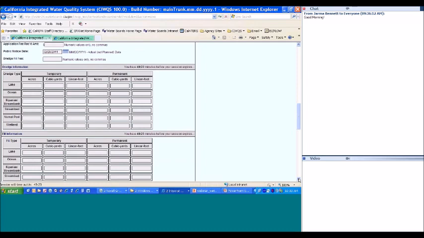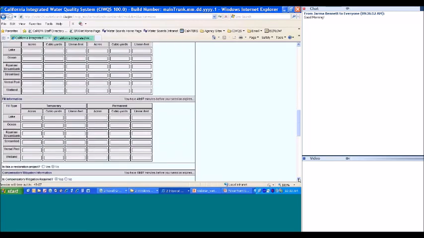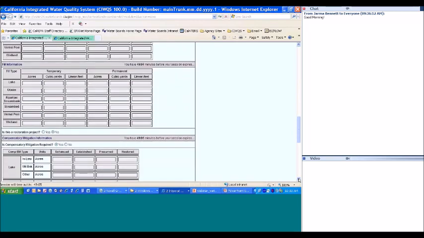Now we get to move on to the impacts part. And it's displayed here in a tabular format. And we have our dredge information first, and we get down to our fill information. Both have temporary and permanent sections to the table. We're going to continue down a little bit so we can see our fill information. In our example, we have permanent stream bed fill. And so we're going to find that set of boxes, and we know that it's 0.044 acres